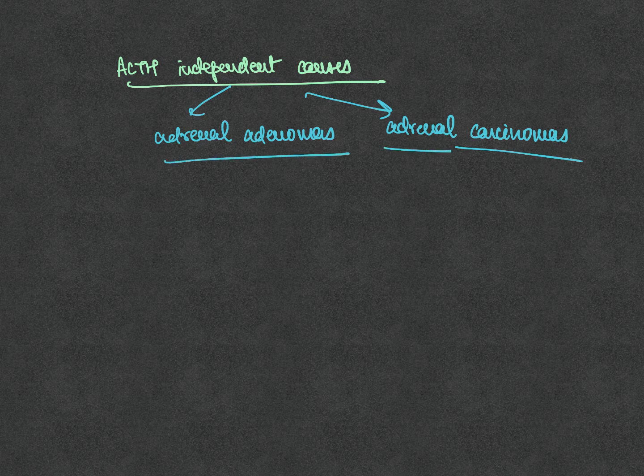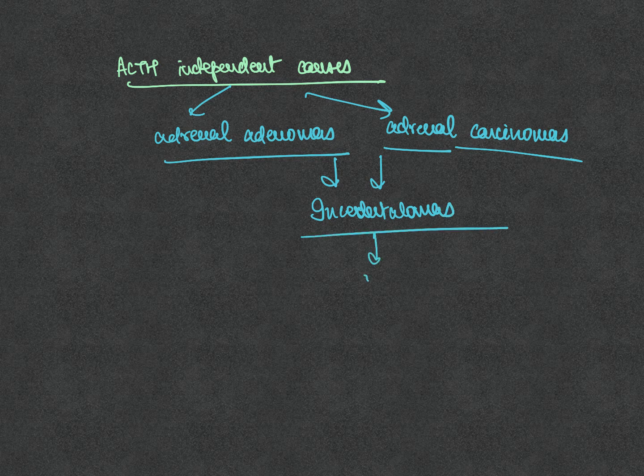So in case of adrenal adenomas or adrenal carcinomas, what we need to know is that these are known as incidentalomas, incidentally detected on CT adrenals or CT abdomen, and 90% of them are benign. Among those 90%, 65 to 70% are going to be inactive endocrinally,